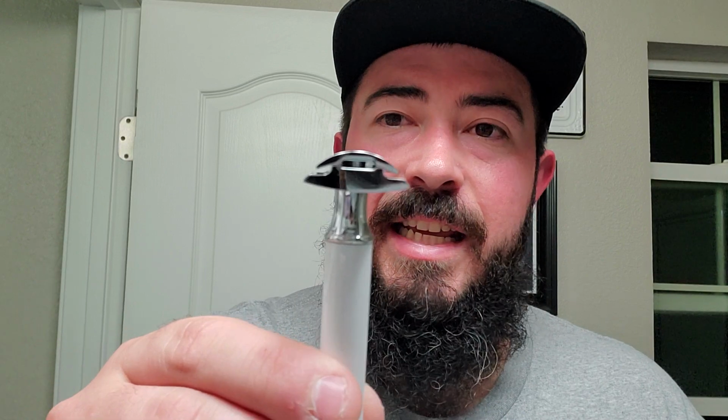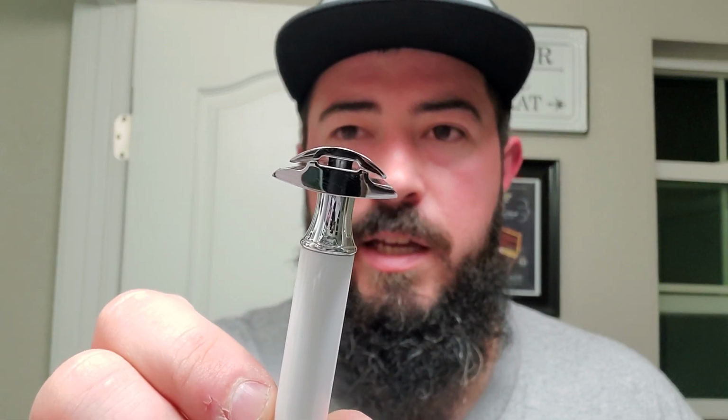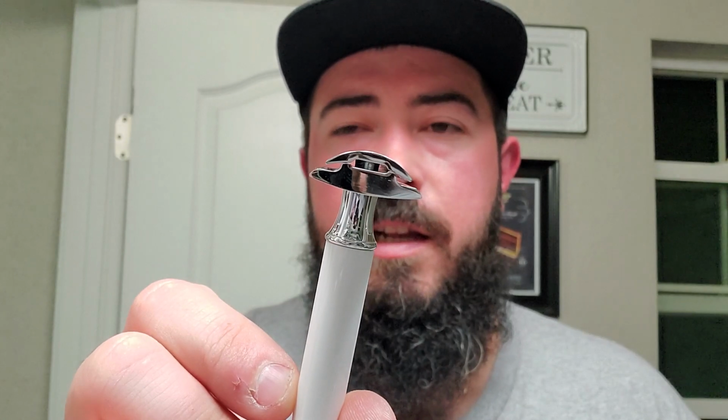So as far as a Daily Driver goes, this is the DE89. Now this particular model might be some other model number, but rest assured the head on this razor is the DE89 head. And so Edwin Jagger DE89, just this one is almost synonymous with autopilot, but I chose this as the Daily Driver option. This is another classic new to wet shaving choice, no frills, all performance choice, just a workhorse type razor. DE89, it has that just under medium efficiency,